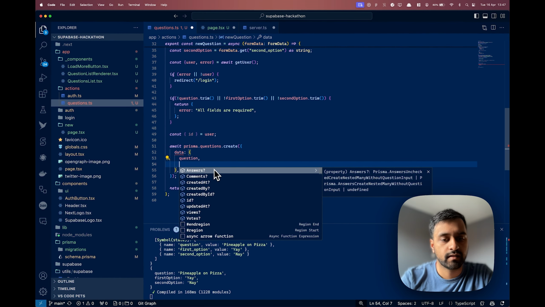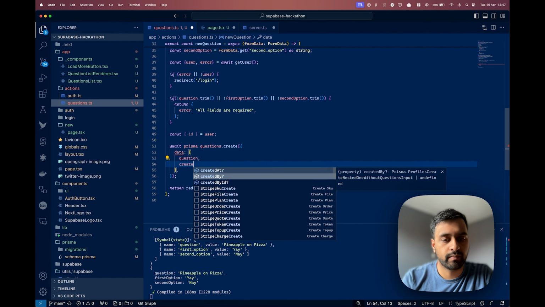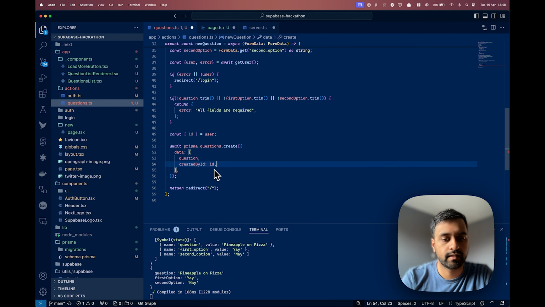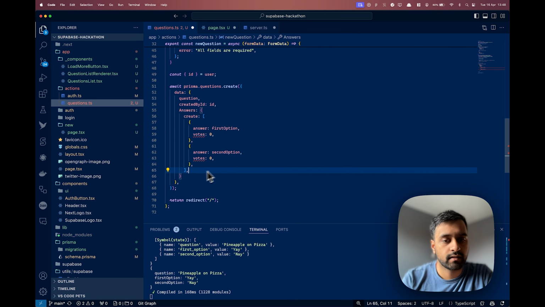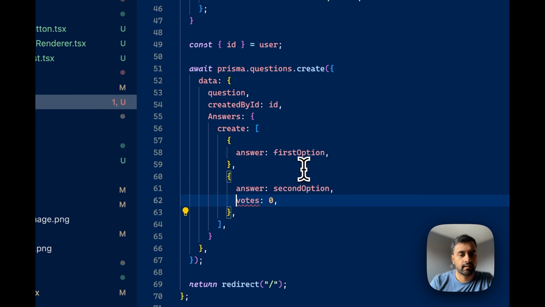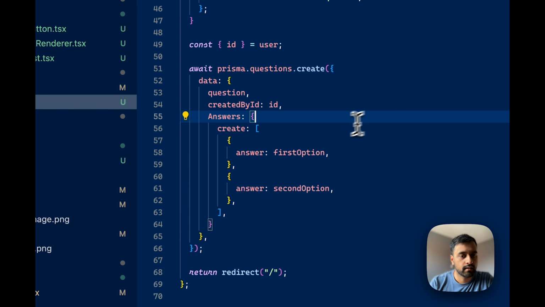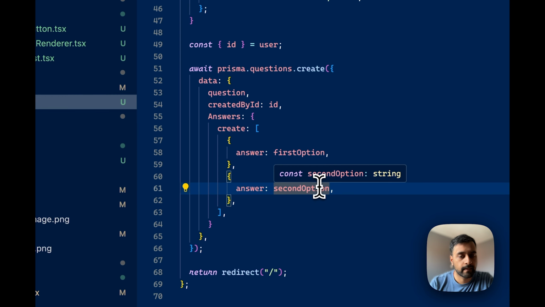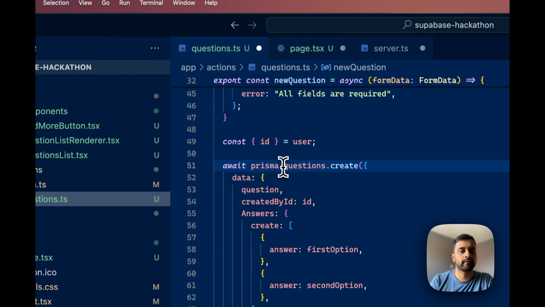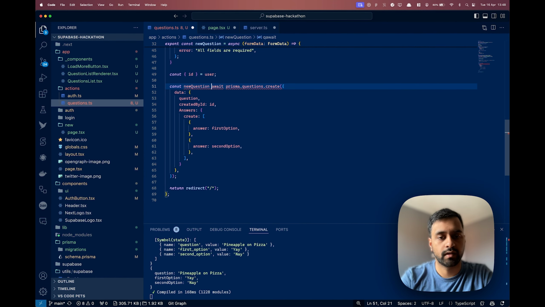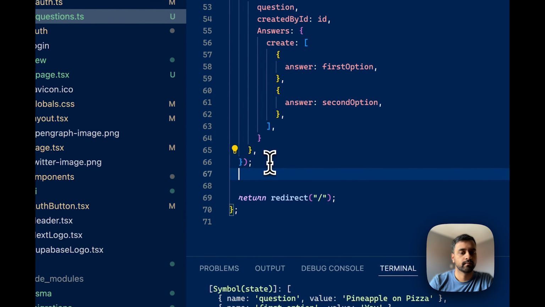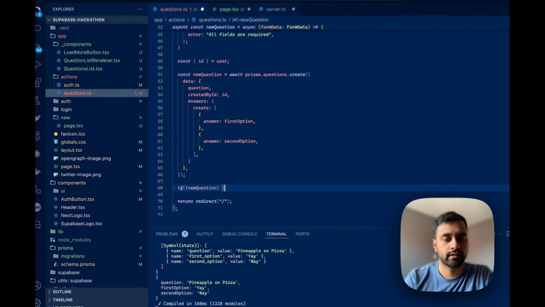First option, second option, wish it was that easy. You sure ID? So created by ID, and then that's ID, and answers. Here is what we need to do. Create that and all that. Is it that easy? Okay, fair enough. Const new question equals, if not new question, then